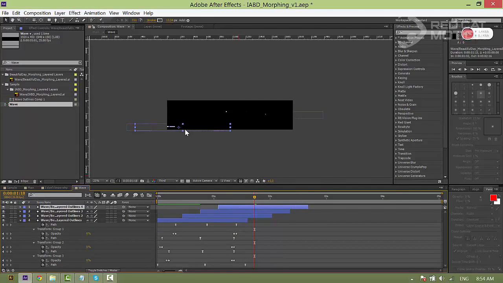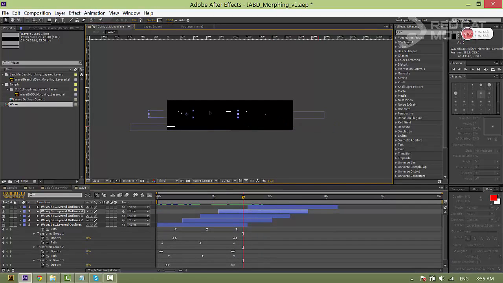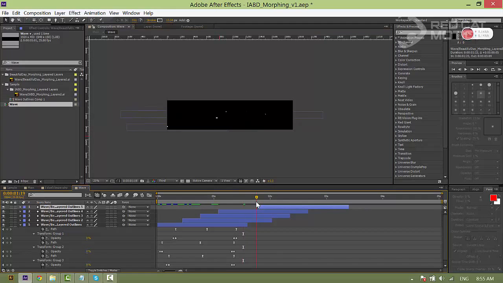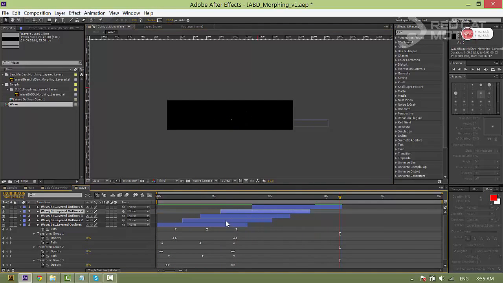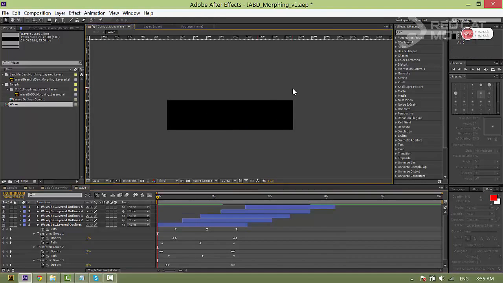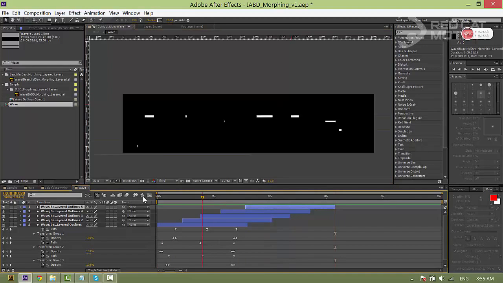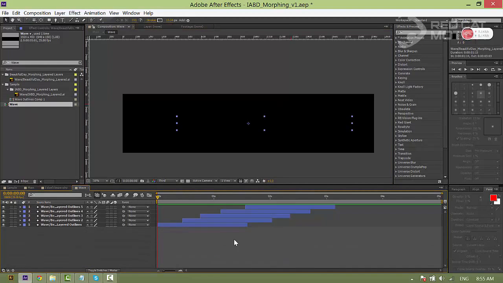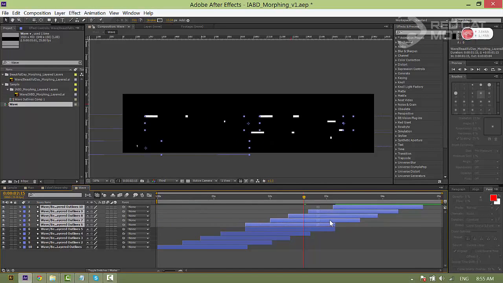You have just animated a wave. Okay, so we have just finished with one wave. You can copy again. Ctrl D, spread them out on our timeline.